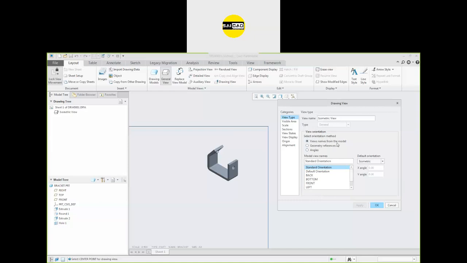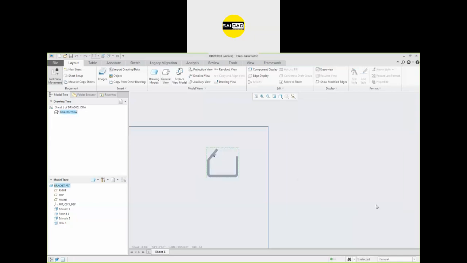View name from the model: the view name will be inserted from the model. If you want to specify some reference geometry, you can create a new view right here, or you can define the angle also. We will cover this option later. Right now, we are just going to use the view name from the model. So select the view according to your need. Right now, I'm just going to use the front view.